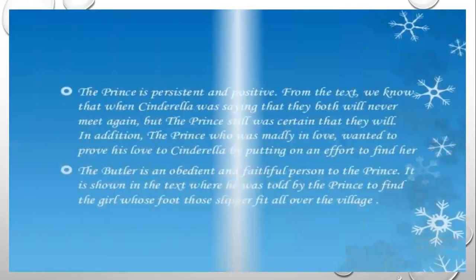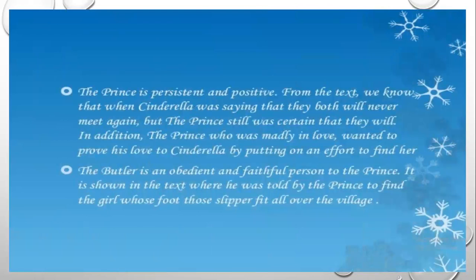Other characters, the prince. So the prince is persistent and positive. From the text, we know that when Cinderella was saying that they would never meet again and she had to leave, the prince still was certain that they would meet. In addition, the prince, who was madly in love, wanted to prove his love to Cinderella by putting in an effort to find